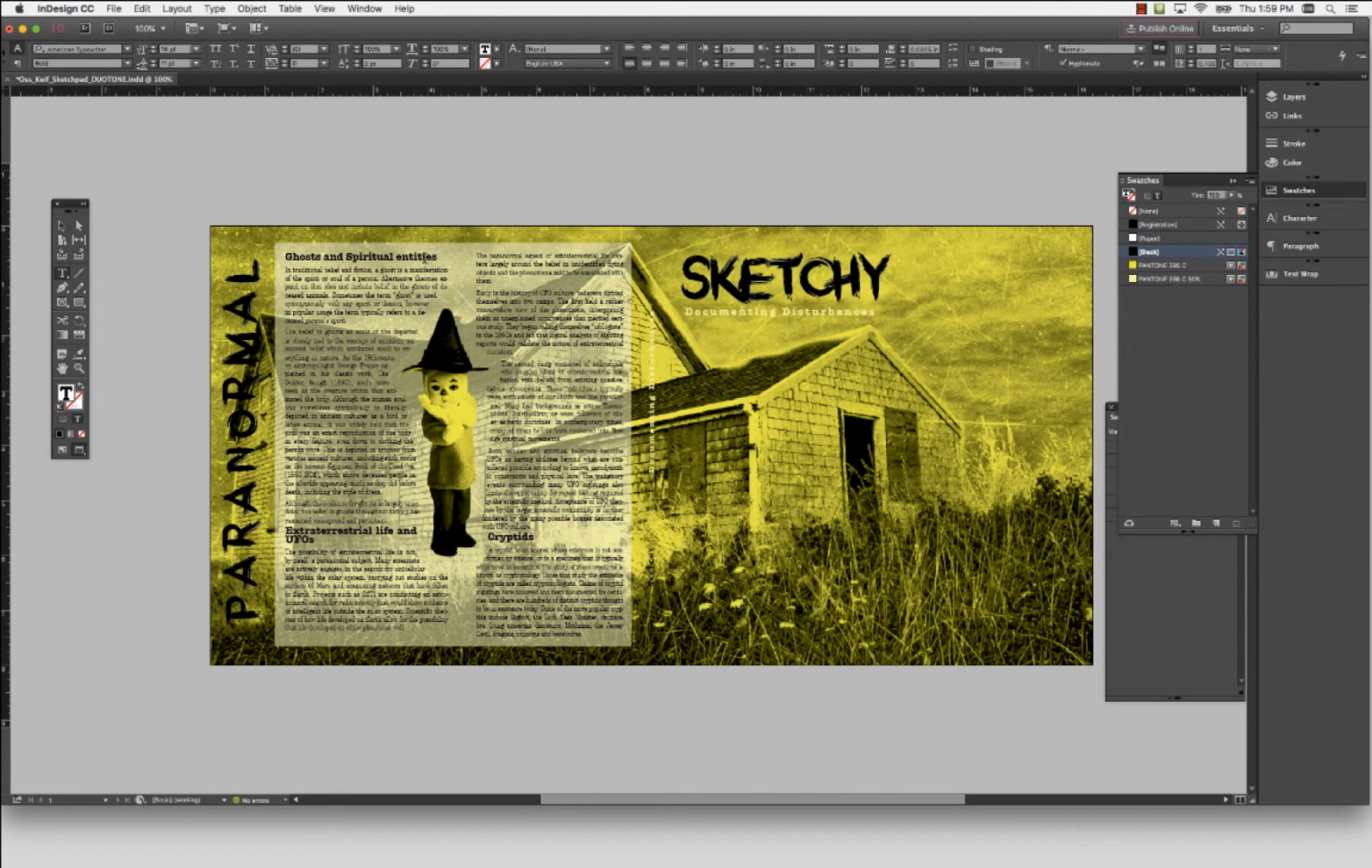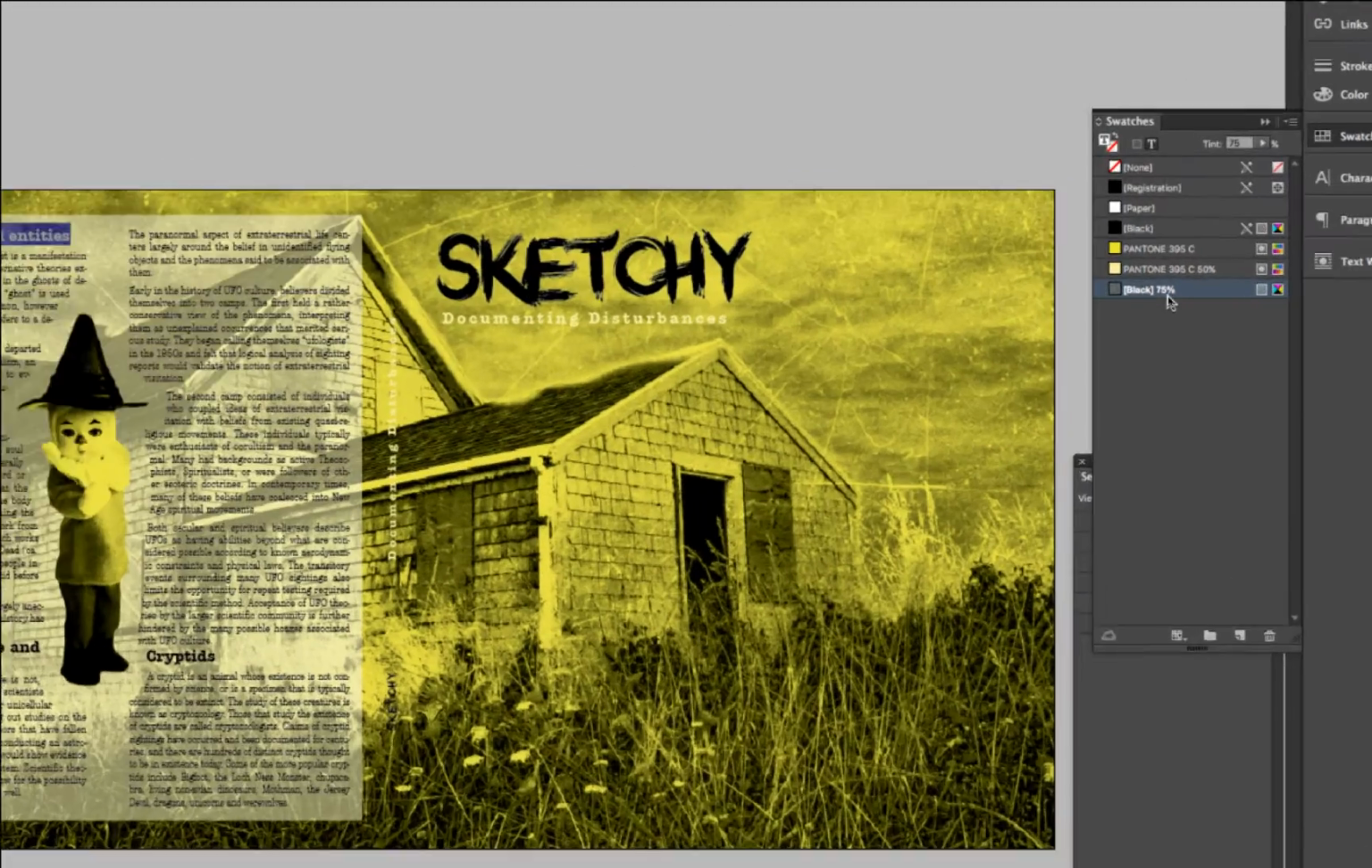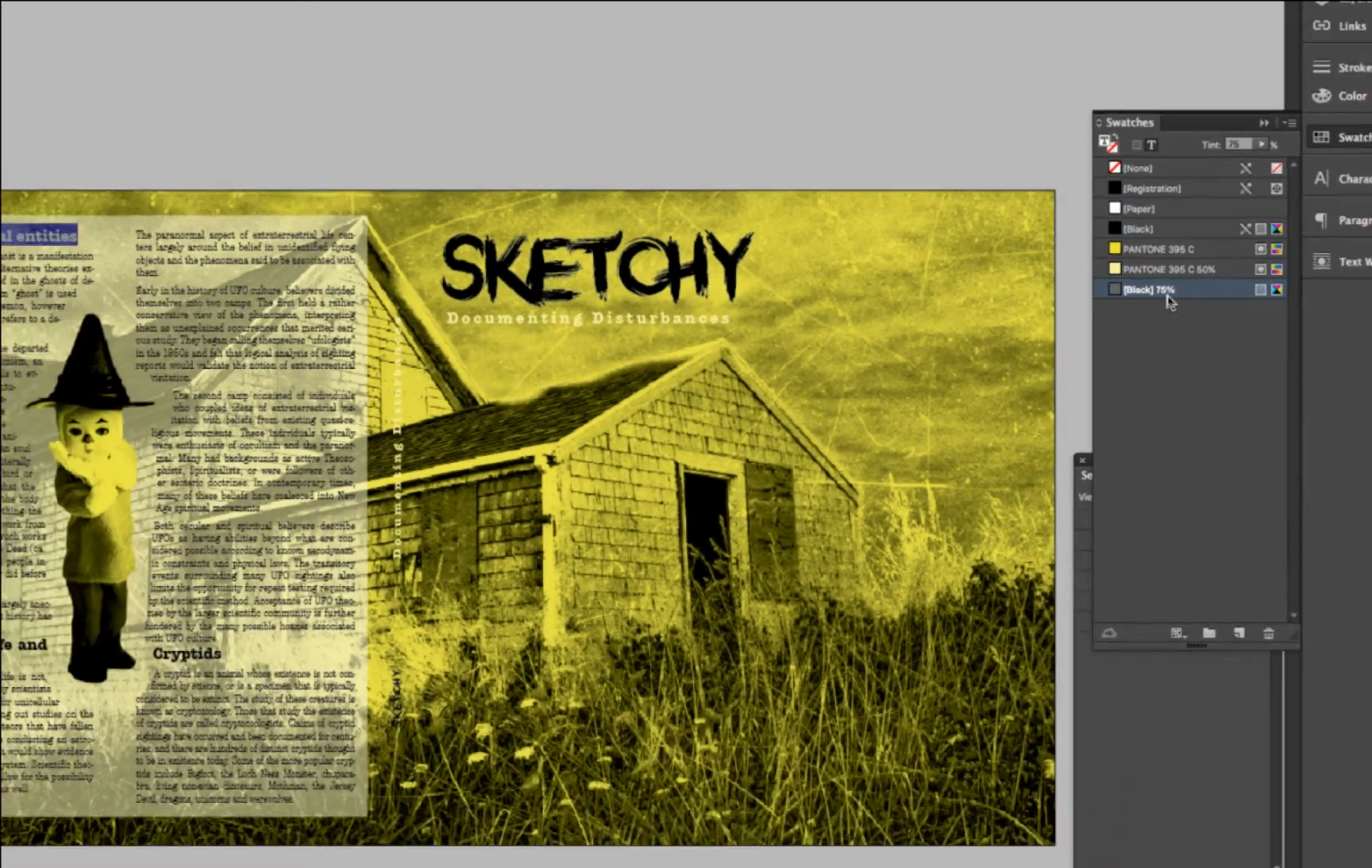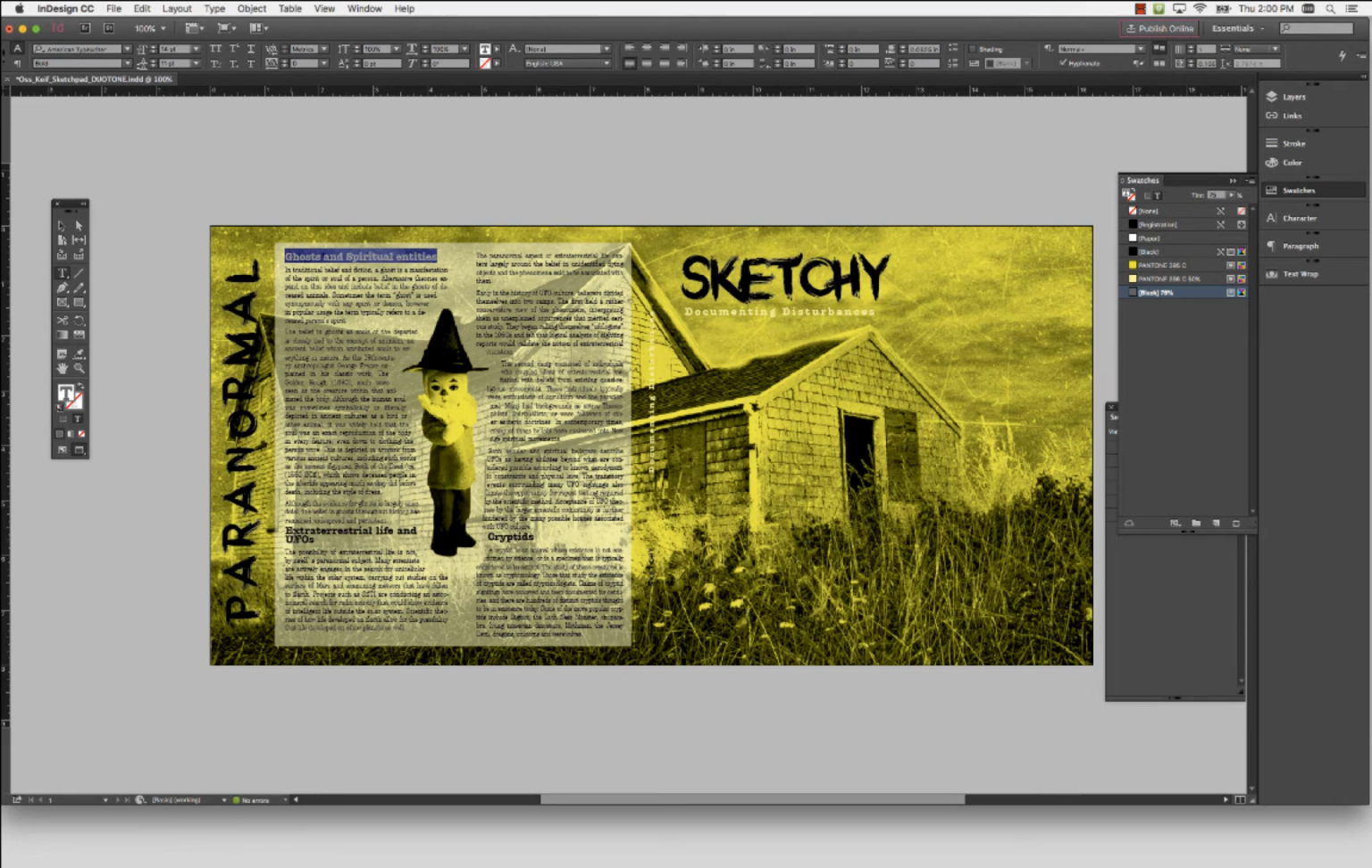So maybe I'll go in and take this black and take it down a little bit, maybe like a 75% tint. That's kind of cool. And if I like it, I'll make a new swatch out of that too. There's my black 75% tint. Just to show you up close. There we go. So I go through the whole entire thing,